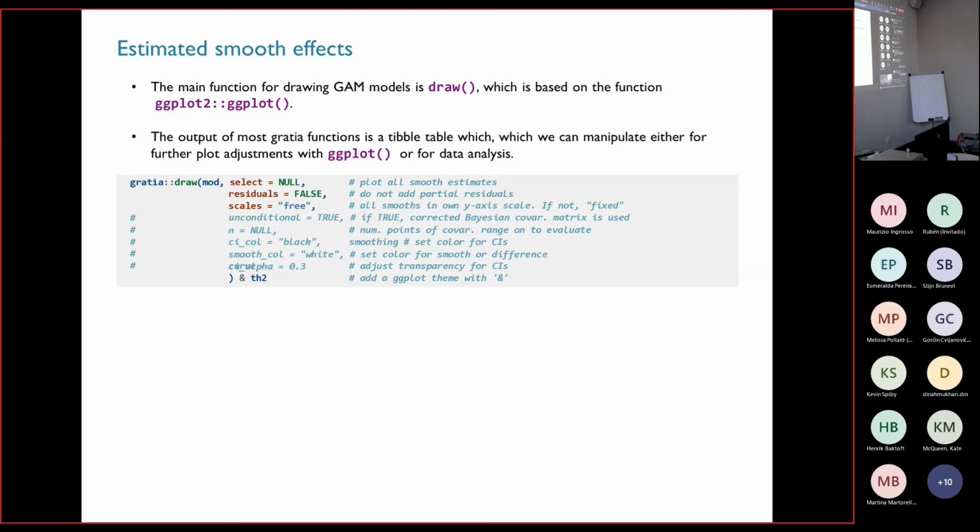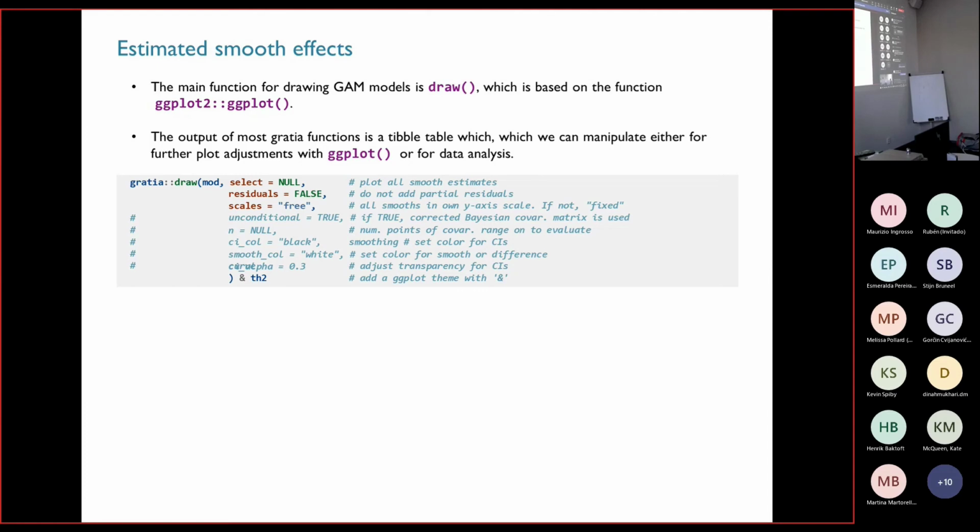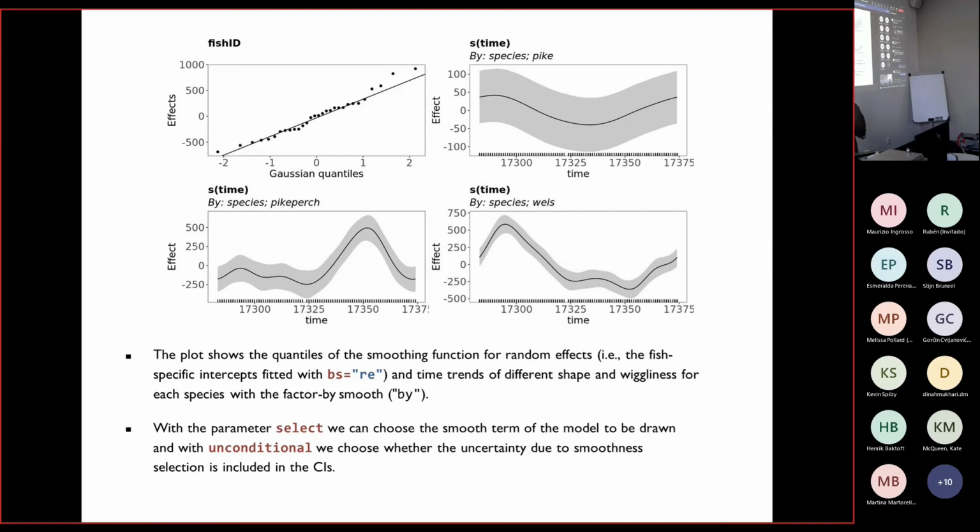So we have here, for example, TH2 LGD plot 10, just for better, for nice representation. And here we have a similar visualization as with the mgcv plot. It's quite similar in the end, but we can further customize this plot just to present them better. But also these are already customized with this TH2 GG plot 10. Here we see the quantities of the smoothing function for the random effects